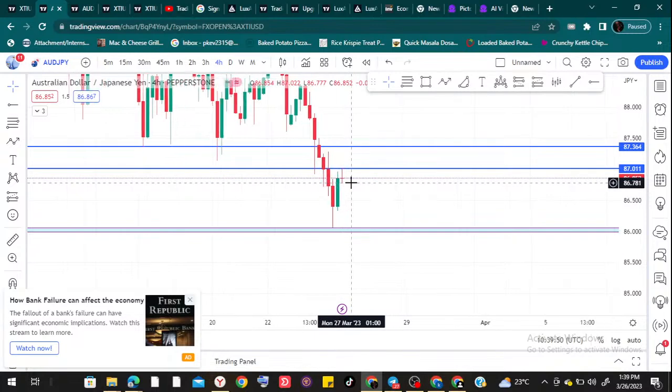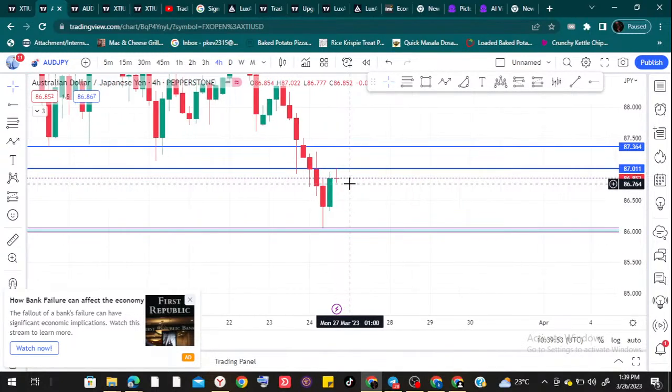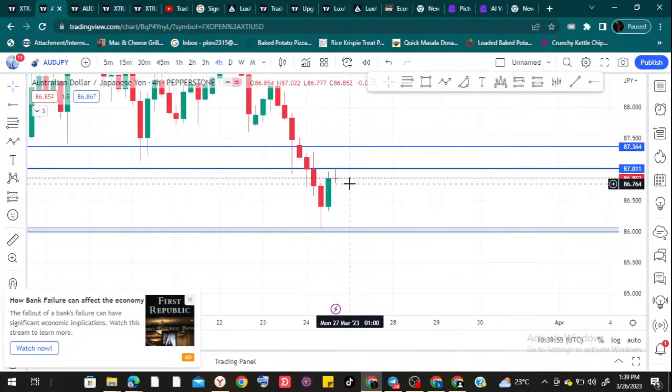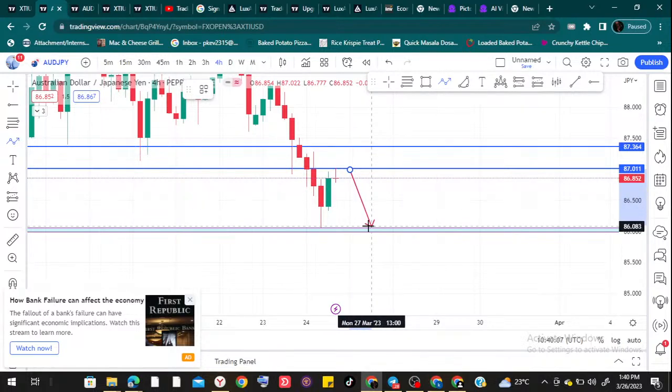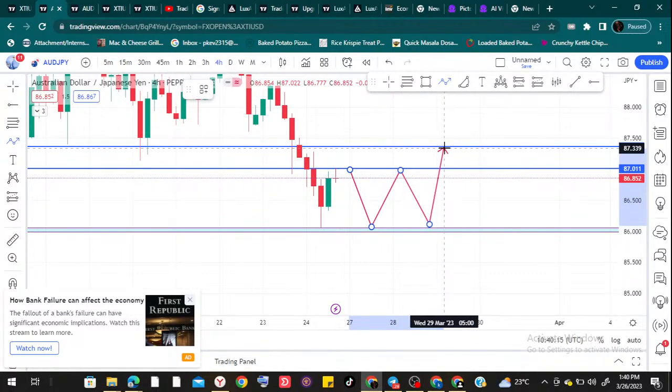So what we're waiting to see come tomorrow is to see if we'll find some resistance around this zone, and if the market will resist this zone, then I expect to see some bounce back around this zone before we see the market bouncing either to the upside